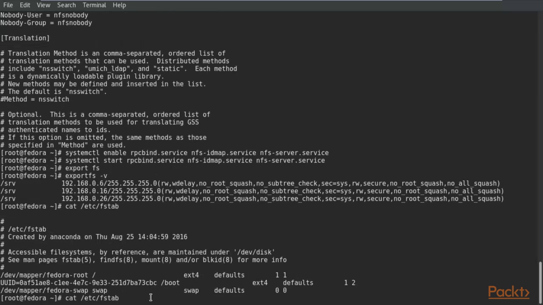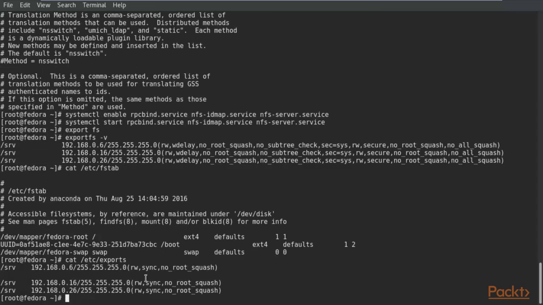Let's see exports, and we can see that this is the file basically in there. Looks exactly the same. Specify no root squash. The same folder being served out at 3 different IP addresses. And so that is basically the configuration that's done out here on Fedora 24 to set up the NFS 4.1